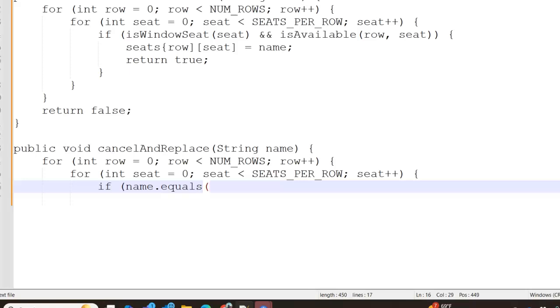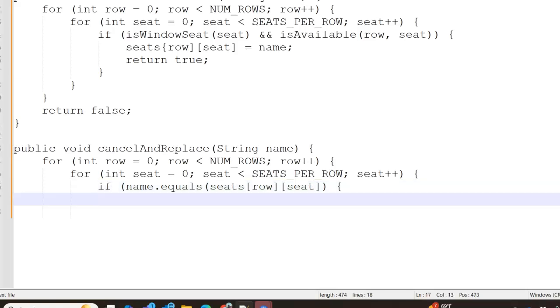If that equals seats in the given row and seat, if that is equal, then